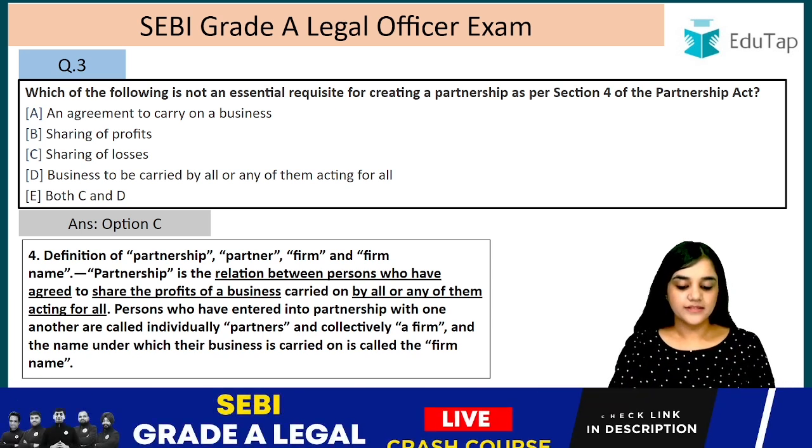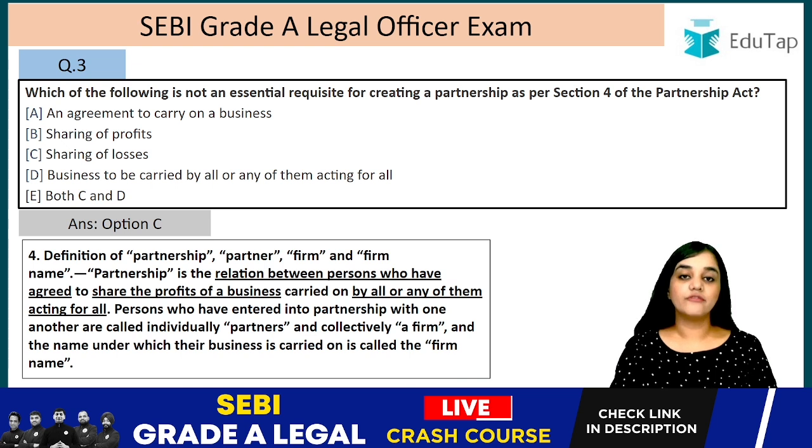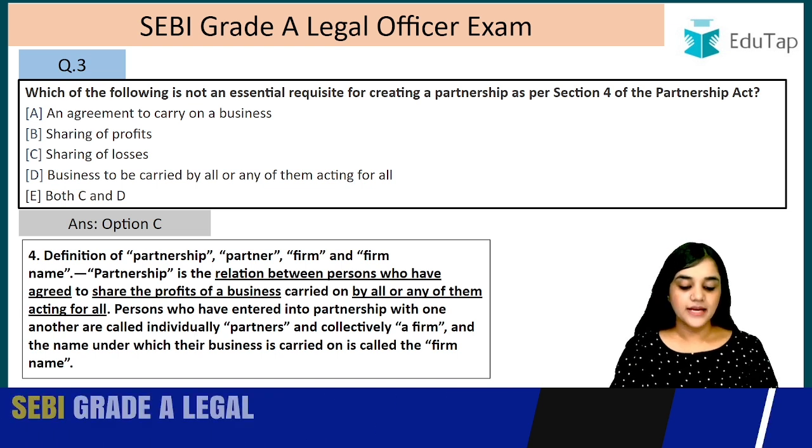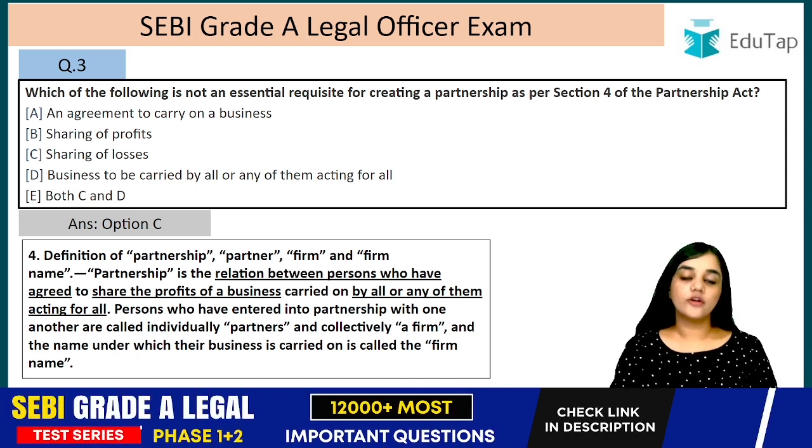So partnership is the relation between the persons who have agreed to share the profits of the business carried on by all or any of them acting for all. What is this? This is the concept of mutual agency. There must be mutual agency. Mutual agency means that